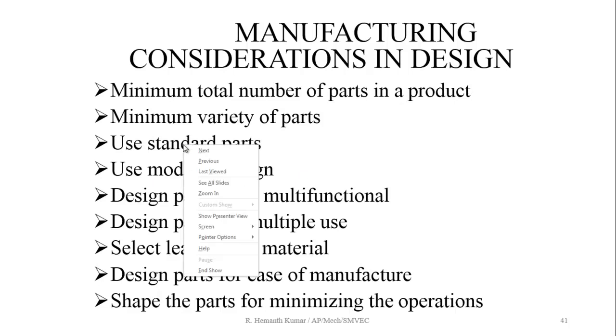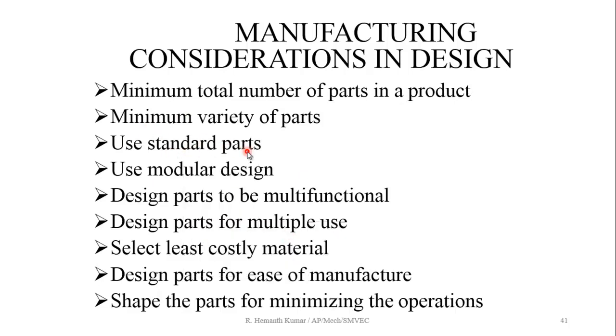If you are using different parts or different dimensions, it will not be easy for them to manufacture. For example, if you have 10 components with a 10 mm bolt and 9 mm bolt, sorry, 9 bolt, 10 components, the manufacturer will feel some discomfort, or it will take more time to manufacture in two different dimensions, that too at nearer sizes. You can ask them to manufacture both at a 10. That's what manufacturing design considerations are.